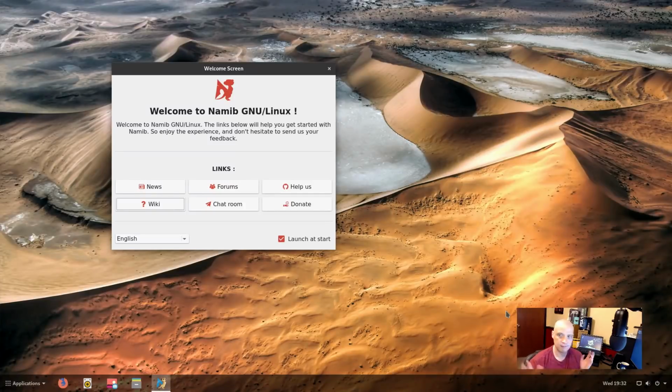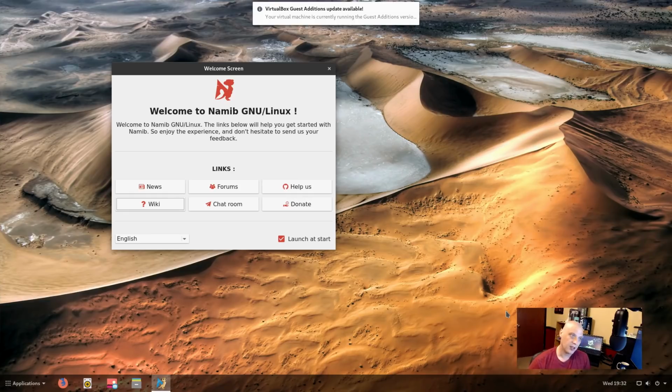Okay. And first impressions, I mean, they do mean something. And first impressions for Namib, I gotta give it credit. For a GNOME desktop environment, this is gorgeous. I mean, this thing just looks fantastic. I was pondering, hey, what does Namib bring to the table that all these other Arch-based Linux distributions are not doing? Now, I don't know if Namib's XFCE edition or their Mate edition really stands out from the crowd, but I can tell you as far as a GNOME distro, this really separates itself from the crowd,